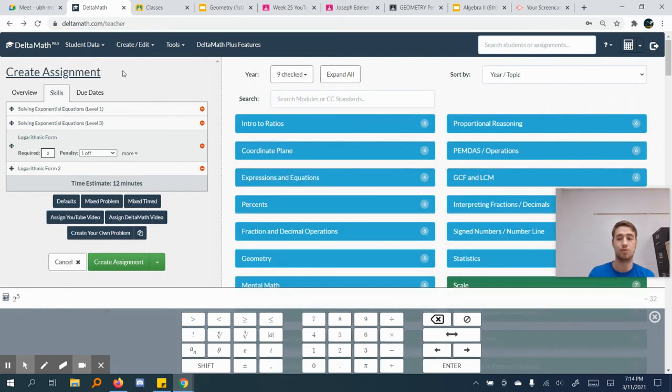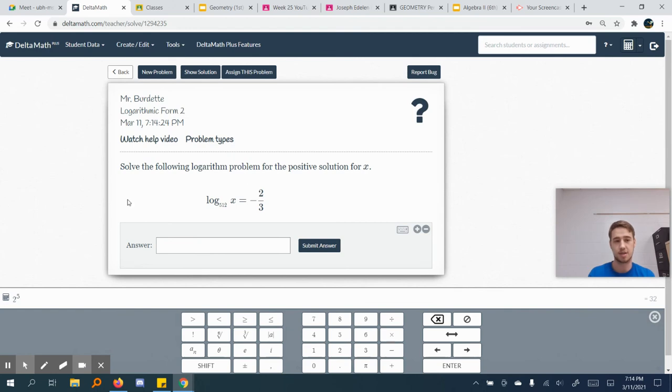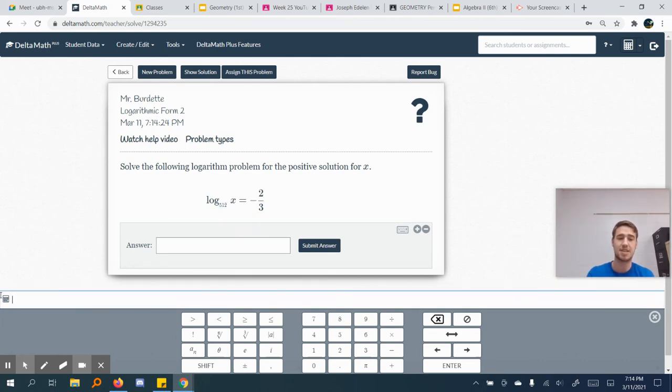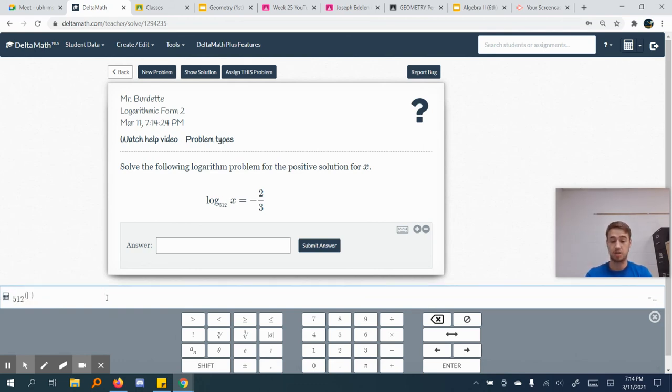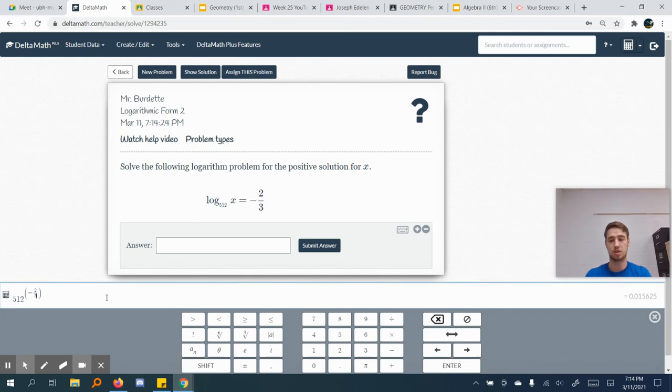So let's go ahead and move on to our final section of the video right here. Solve the following logarithm problem for the positive solution for x. Log base 512 of x is -2/3. So again, when it's missing inside the argument of the log, which this one is, we take 512 and raise it to the, make sure you use parentheses, -2/3 power. And we're going to say